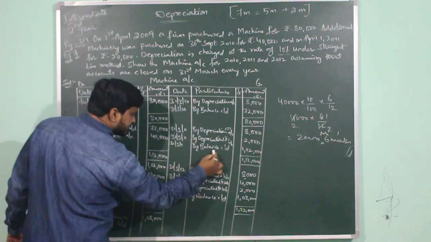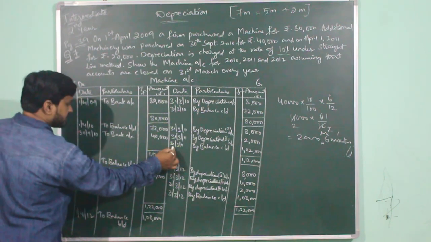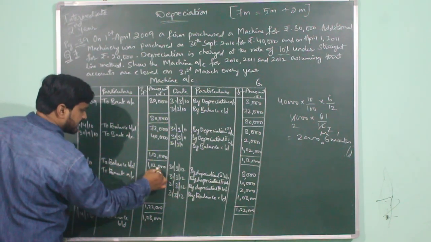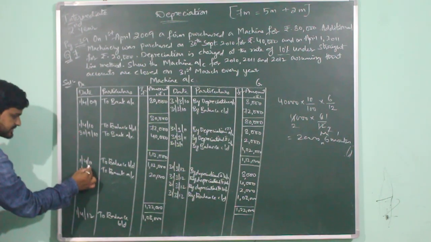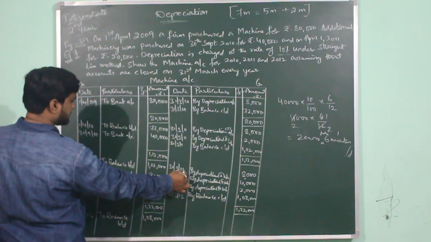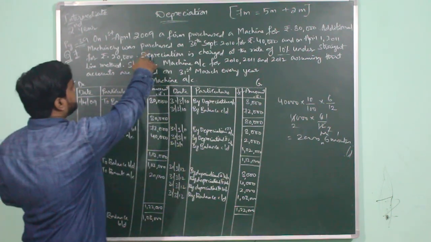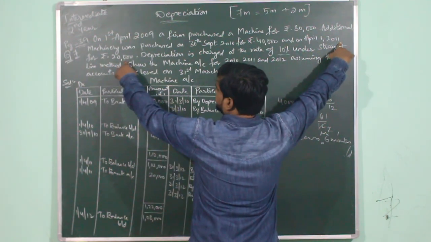So the closing value at the end of the second year will be the opening value at the beginning of the third year, and it will be recorded as to balance brought down 1,02,000 on the immediate next day of 31st March 2011, which will be 1st April 2011. So this financial year will be ending on 31st March 2011. But the question has also specified that they have purchased a machine on 1st April 2011 for rupees 20,000.